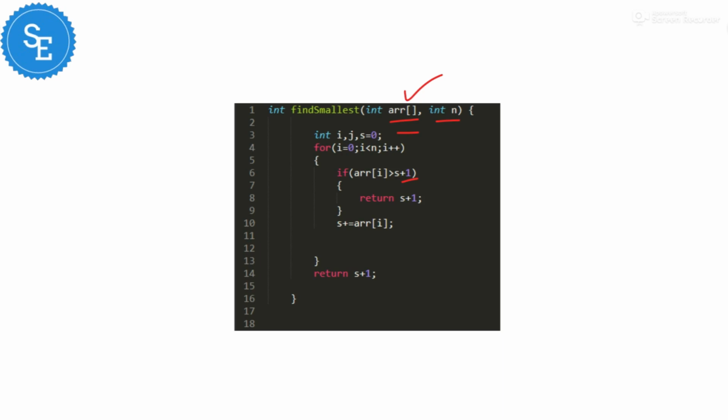In that case, if it's greater than the coin value, I am just adding it. But in case s plus 1 is lesser than the coin value, then I will be returning the s plus 1 value, that this is the change that is not possible here. And if I am getting all the different changes, so I am getting the last maximum possible change that I can make, I will be returning that maximum possible change plus 1, that is, after the last value I get, that will not be possible to make now.